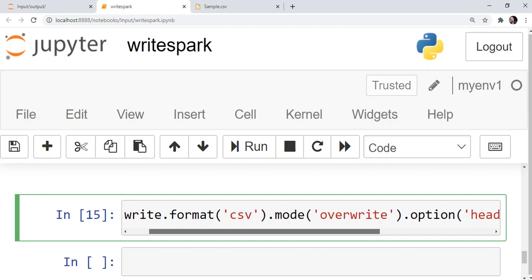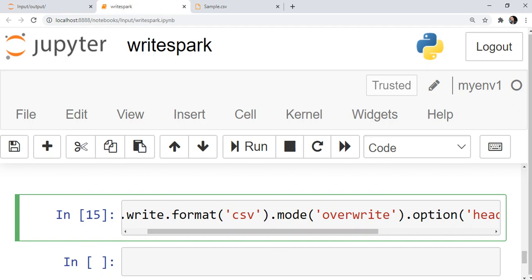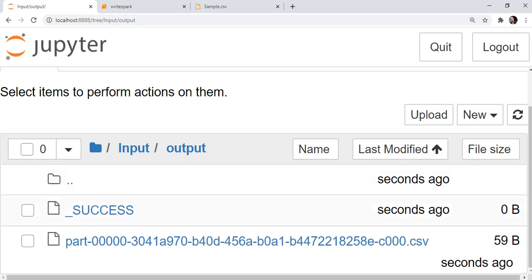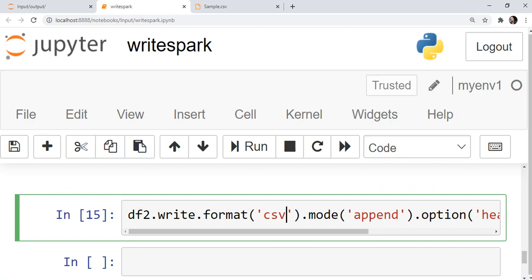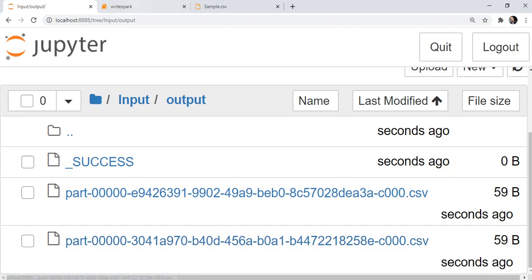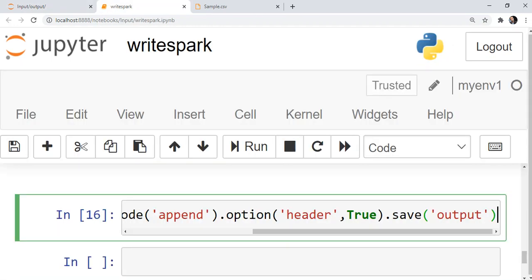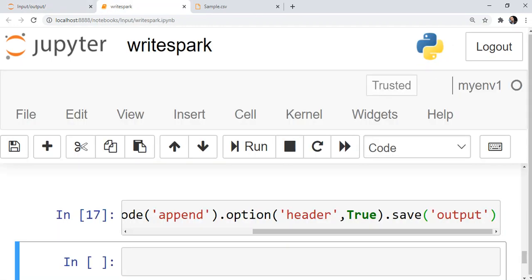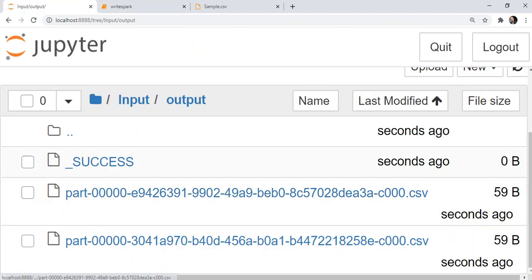Okay, but if you don't want to overwrite it, you can use append mode. What it will do is create one more CSV next time by persisting the existing records. So existing records will be there, but a new CSV will be created at the same location. So if I run it in append mode, you will see there will be two part files because I ran two times without changing anything. If I run it multiple times, so now there will be four part files.